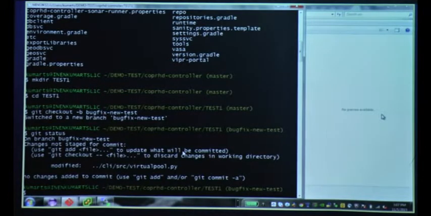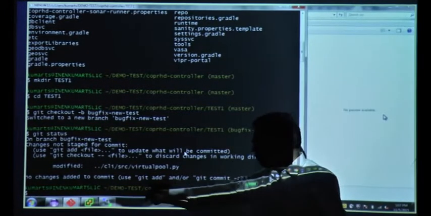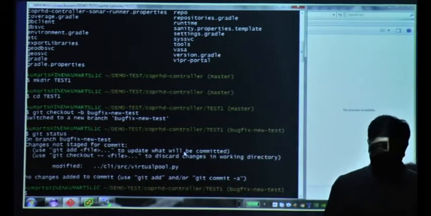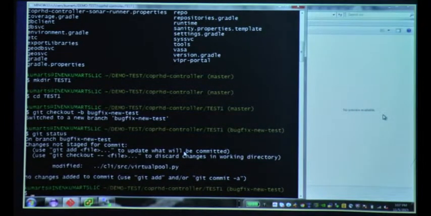Git basically gives you all the help on what you can do next.